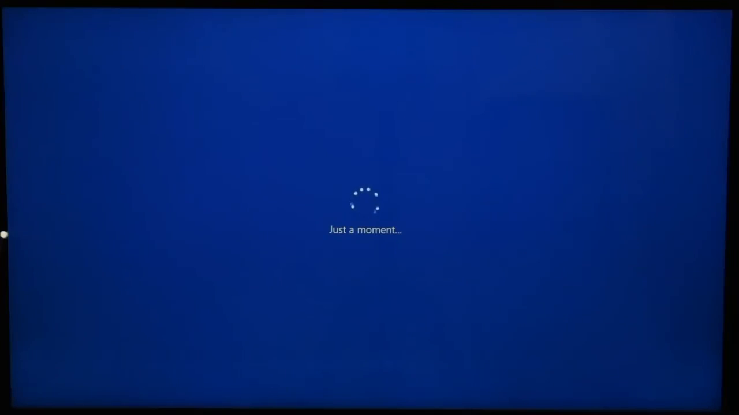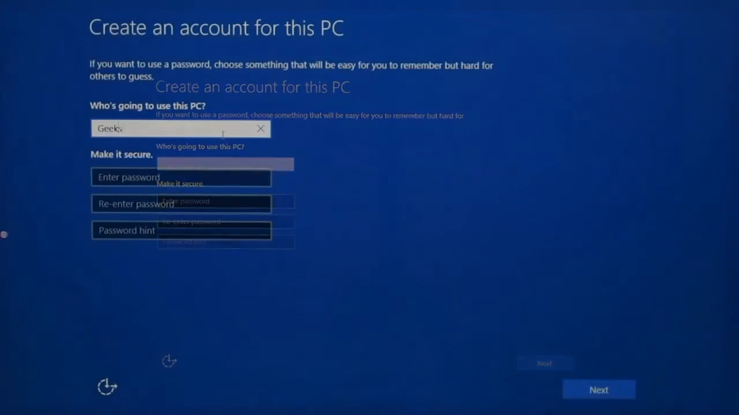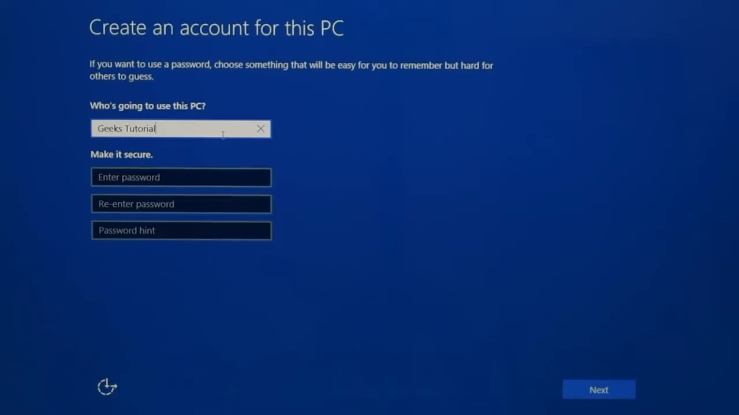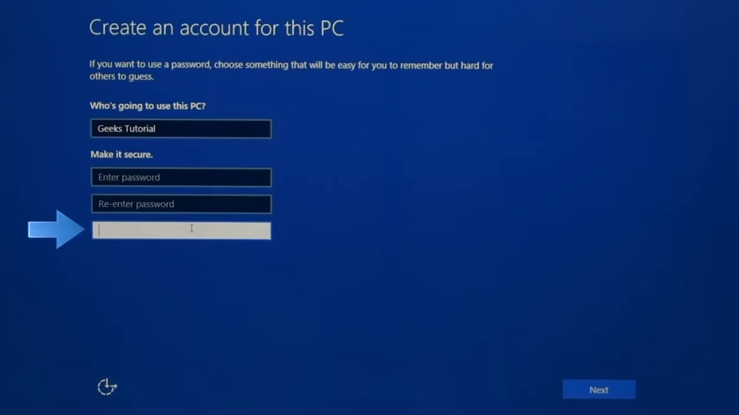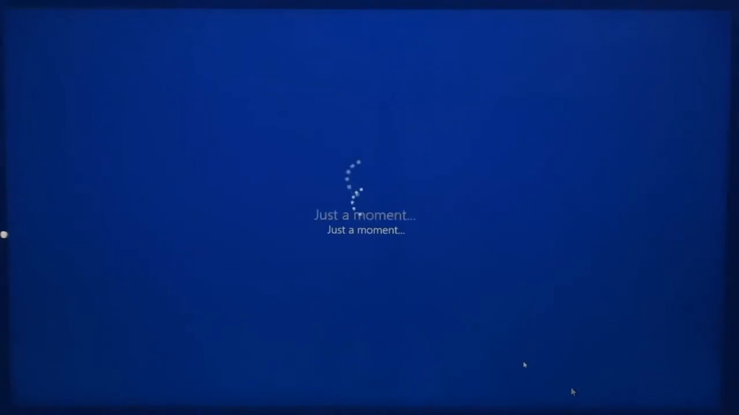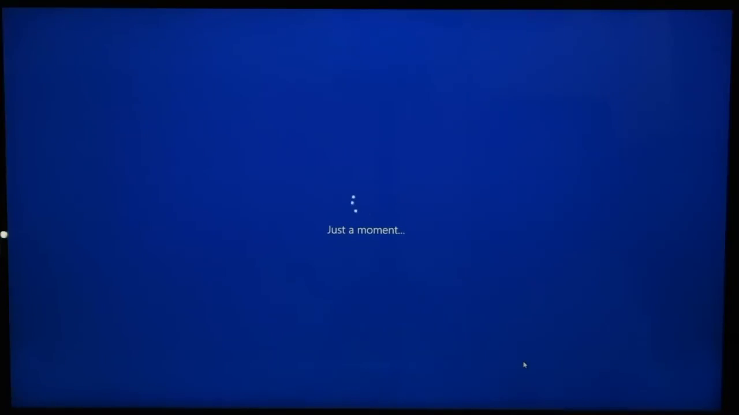Now after a few seconds it will ask you to create a username for your PC, and if you want you can type in a password as well to protect your PC. Enter a password, type it again and type a password hint if you want, click next, and that's it. Now after a few minutes of loading screen and some welcome messages, it will start